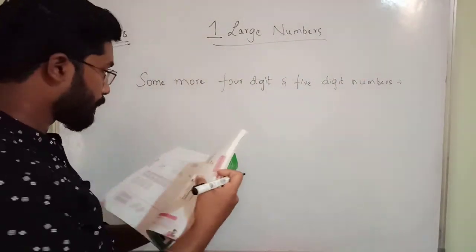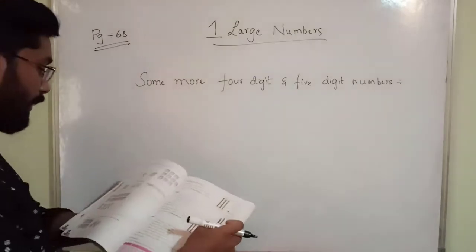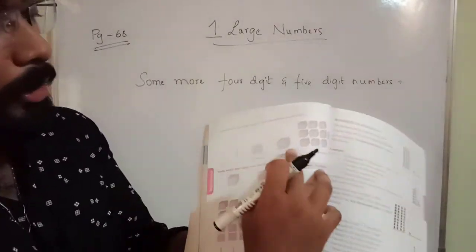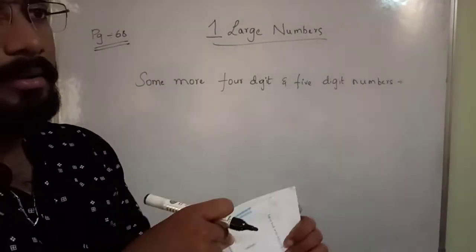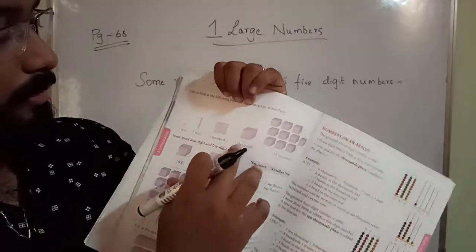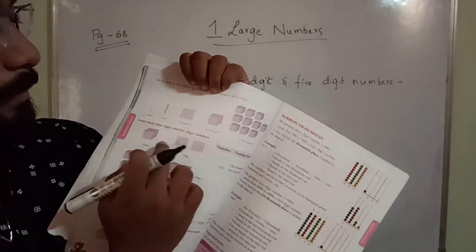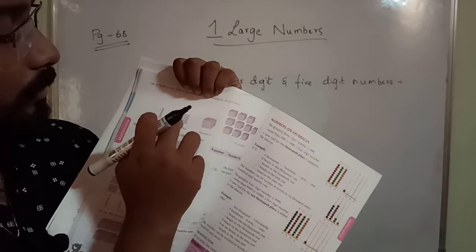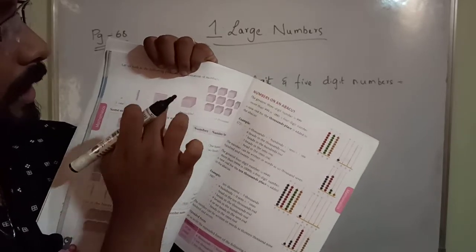Here in this one he gave a box that means 1000. He gave 1000 plus